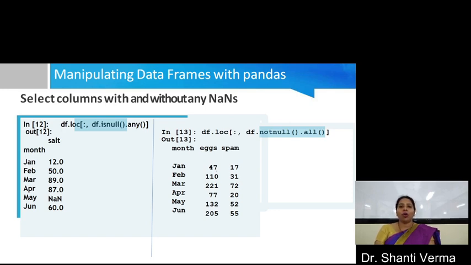Now, how to select columns with and without any null values or NaN values. For selecting columns with null values, you can write df.loc, then all rows, and in columns you have to write df.isnull.any. This df.isnull.any selects a column having null values. You can see in the output that the salt column has one NaN value that is associated with the May row. So it displays the column salt